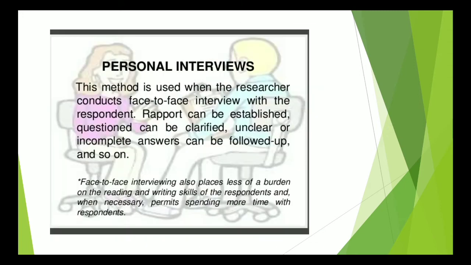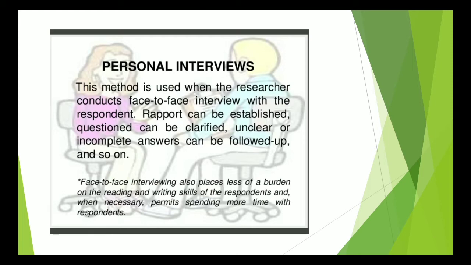Then the personal interview. This is a face-to-face interview where a rapport is established, and then the person keeps on asking questions to the participant, and the participant gives a response. But in general, the face-to-face interview is less used because it is very time consuming, and even if someone is present in front of you, obviously you are going to give an opinion which is in favor of that particular company or institute.